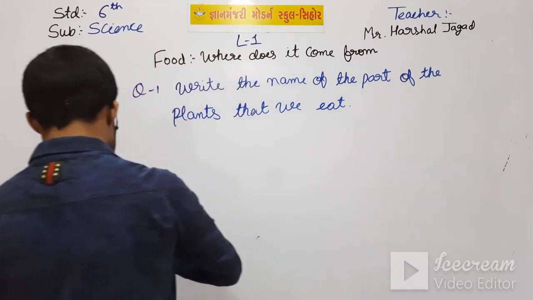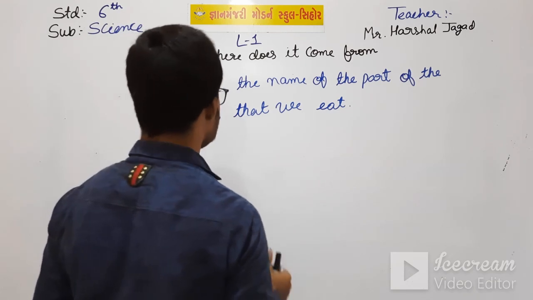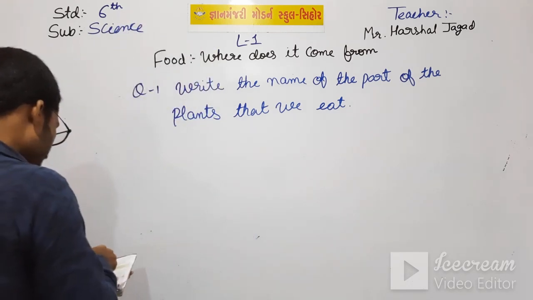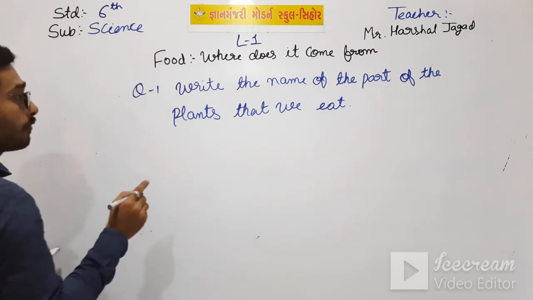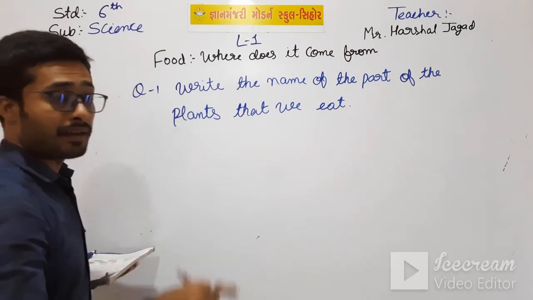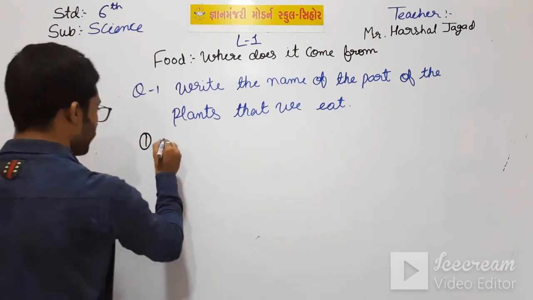So, you have to write down that from which part, I will give you a name of a vegetable or fruit, and you have to find out from which part of the plant it comes from. So the first one is carrot,